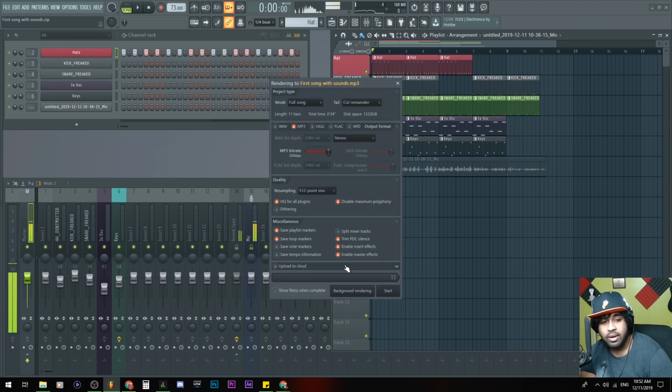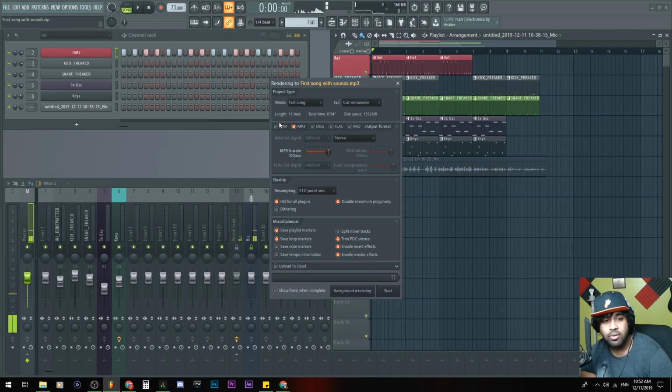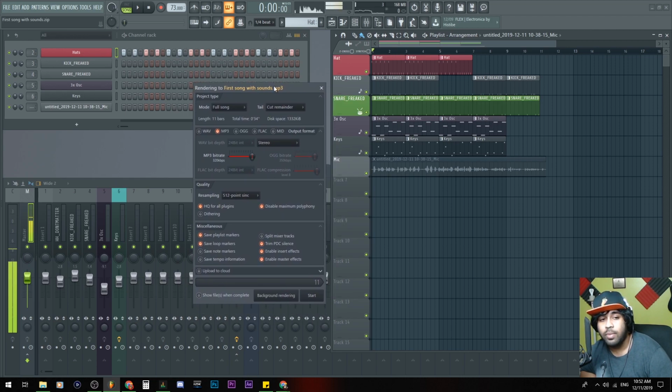So you would name it whatever. And yeah, there's an option for SoundCloud, which I haven't tapped into. It's a new update piece, but yeah. This export window is going to be where the settings for your final output would be. So we want it as an MP3 file. We could put it as a WAV file as well.